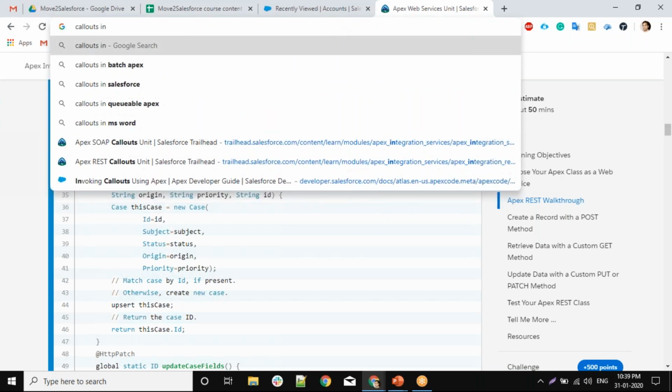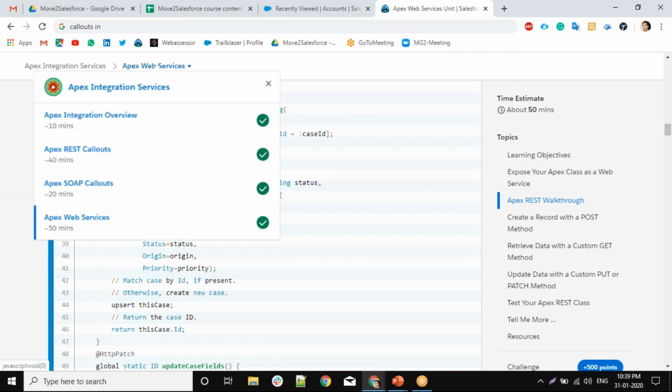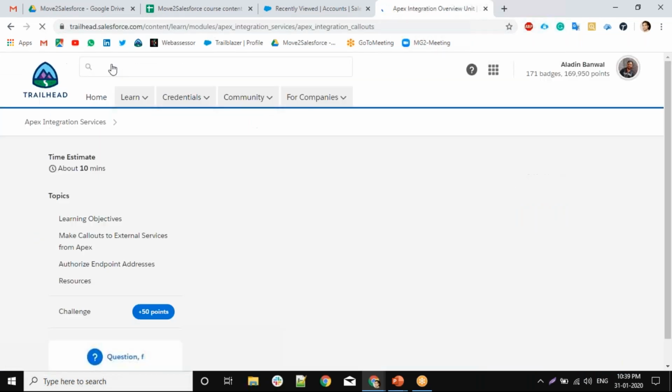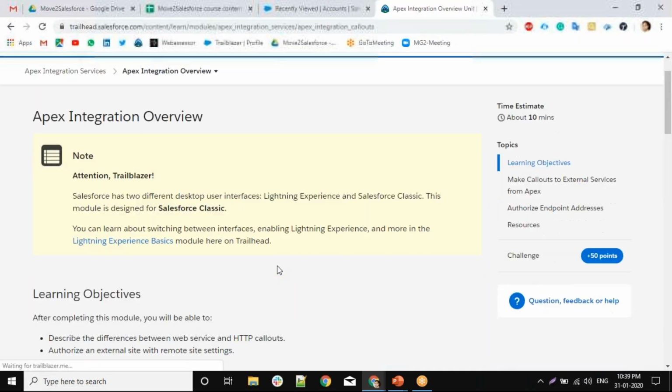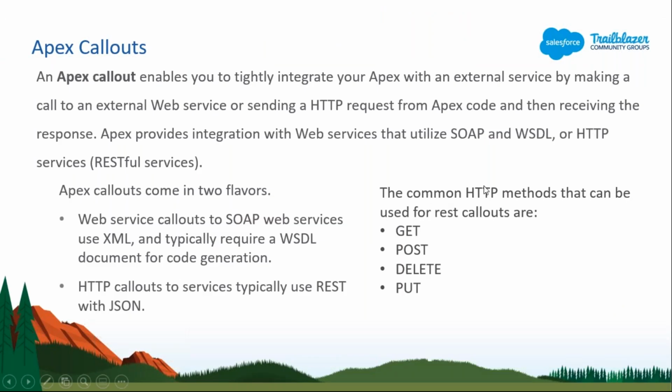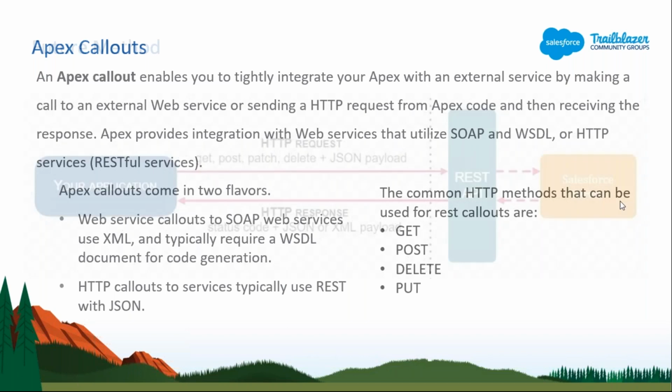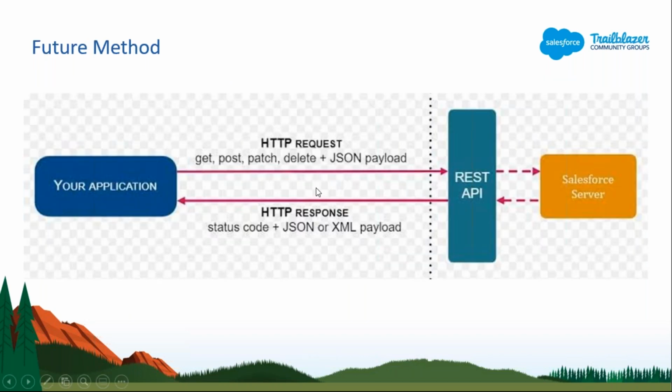Callouts, let me show you here. Okay, so Apex callouts are of two types, REST and SOAP. So this is the REST API. Your application will give a request.